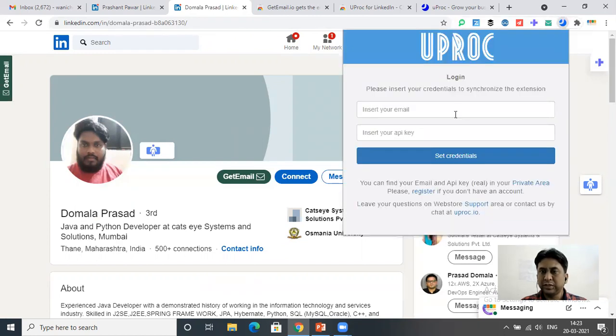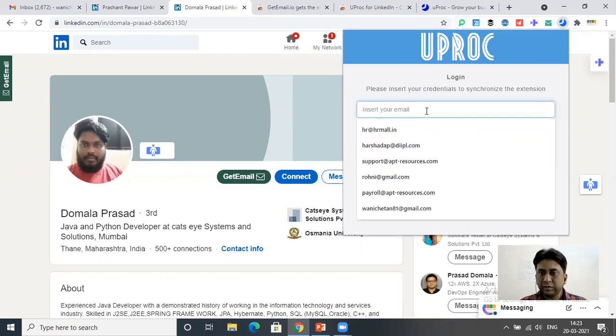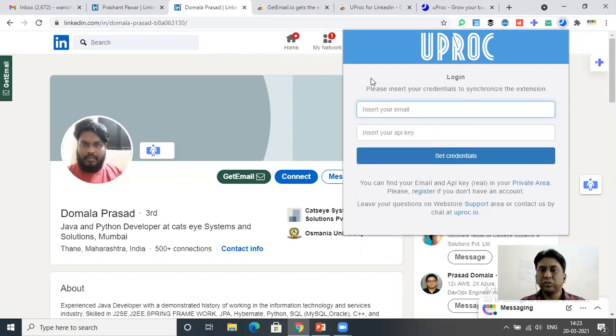You have to use the email and the key. Here, after downloading, you have to use the email ID, and they will provide you one API key also. So you have to set those credentials.